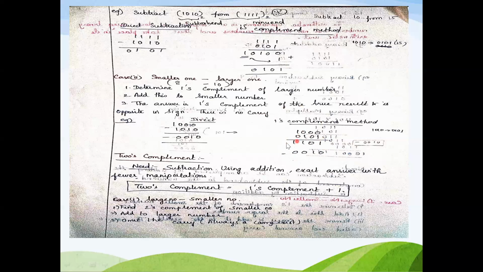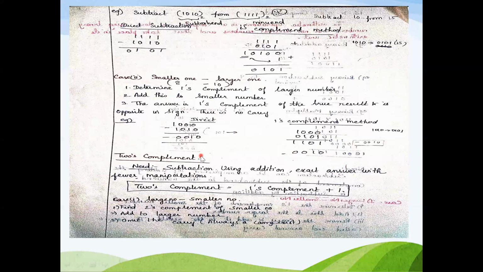Now I want to take the ones complement, which means again I want to do inversion. So 1101 becomes 0010. I want to include the negative sign. So this value is nothing but minus 2. So 8 minus 10 is minus 2. Hope you are clear about how to subtract a larger number minus a smaller number and a smaller number minus a larger one for the case of ones complement. So this is a general procedure and this is with an example.